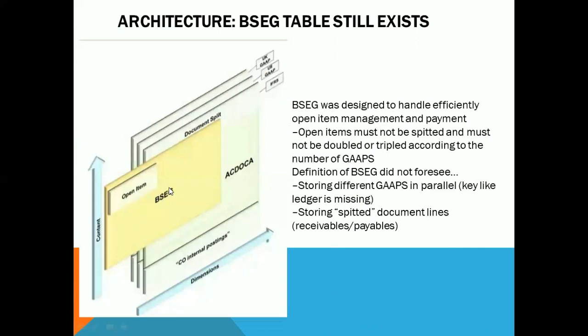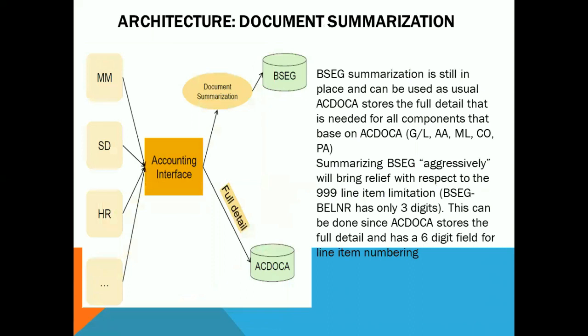So this is about storing split document lines, receivables and payables. Split means one document can be split into multiple documents. As I told you, now in SAP S/4HANA, any document which contains more than 999 line items in the ACDOCA table is acceptable. But when you come to the BSEG level table, the document is getting split into two to three documents. So that feasibility I'm going to give, and that reference field is updated to show why it has been split.